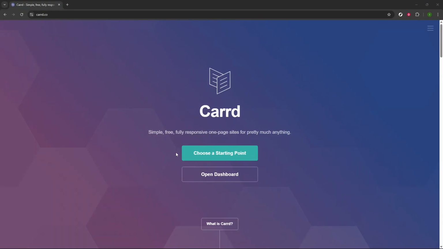In today's video, I'm going to teach you how to make a double-page website in Carrd. Even though Carrd is designed for single-page sites, you can create a smooth two-page experience using a simple section break and anchor link. I'll walk you through the exact clicks and share a few practical tips so everything works the